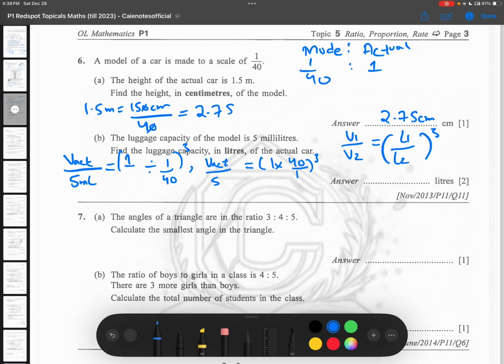So V actual is equal to 1 multiplied by 40, which is 40, and the cube of 40 is... the cube of 4 is 64. The cube of 40 will be 40 multiplied by 40 multiplied by 40. So this will give me 64,000